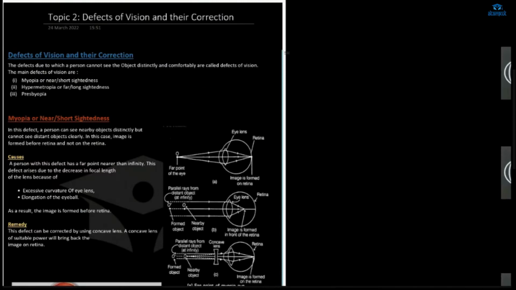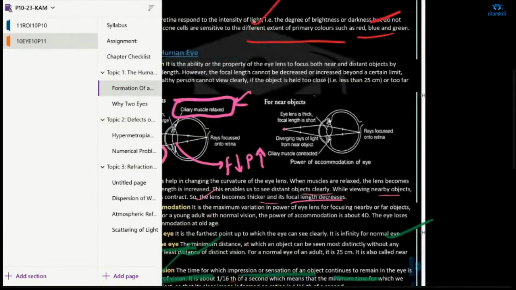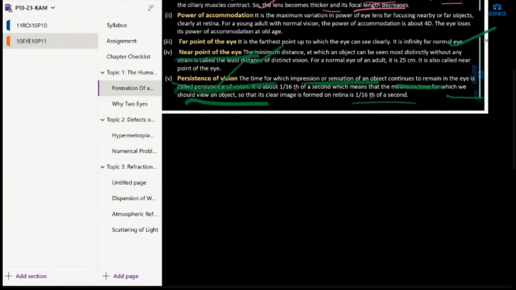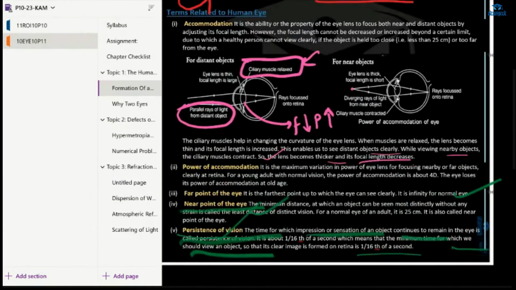We are going to study today defects of vision and their correction. In the last class, we studied about the power of accommodation. What was that? The adjustment of focal length, right? What is the power of accommodation? It is the ability of the eye lens to adjust its focal length when we see far away or